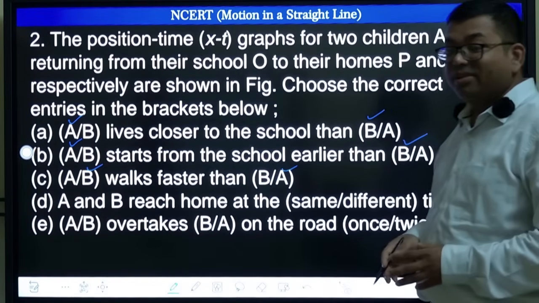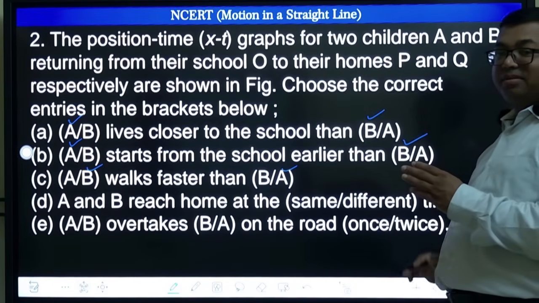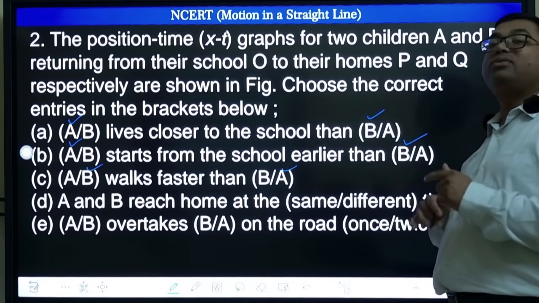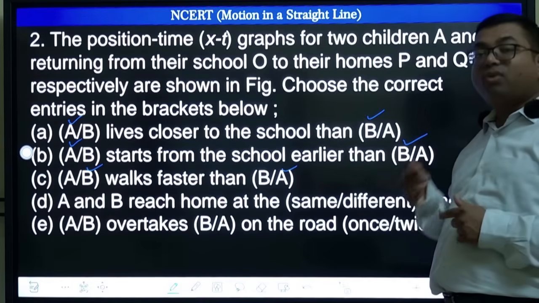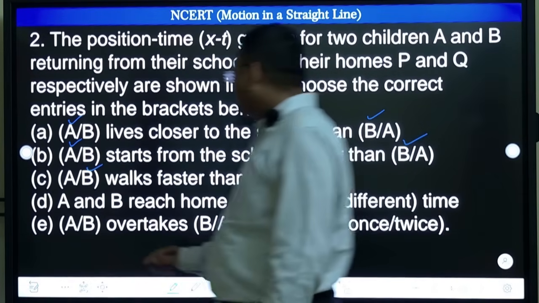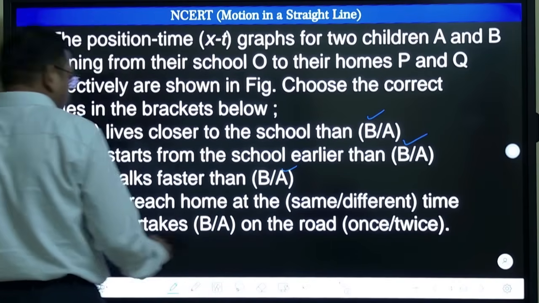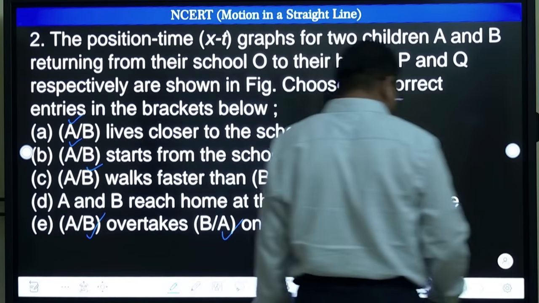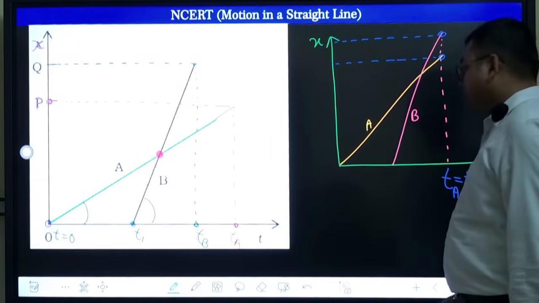Who overtakes, that is also. So A is coming, and first A has started, B has not started, so B has to start and B has to overtake that. So B is going to overtake A on the road once only, right. Let us go to the next